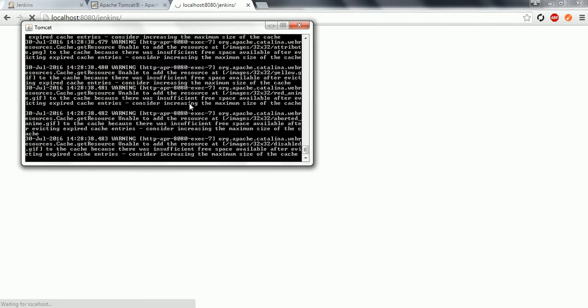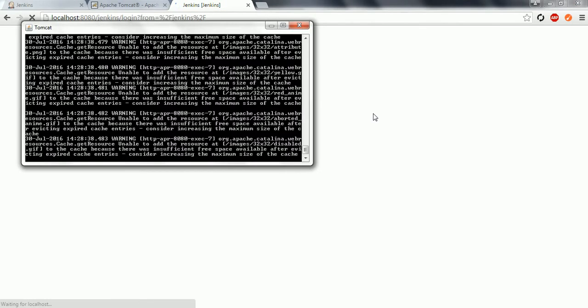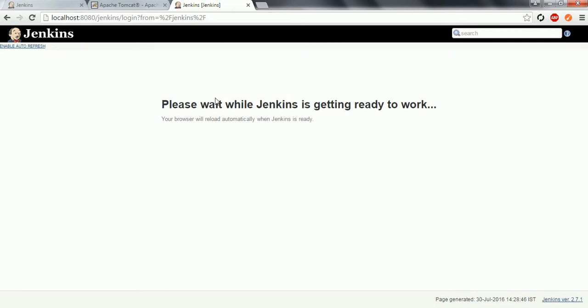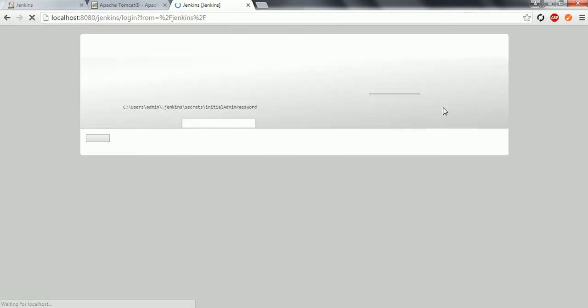It is still loading, I guess. The server is still starting, so it takes time. Okay, so now it is saying, please wait while Jenkins is getting ready to work. So it is trying to load Jenkins.